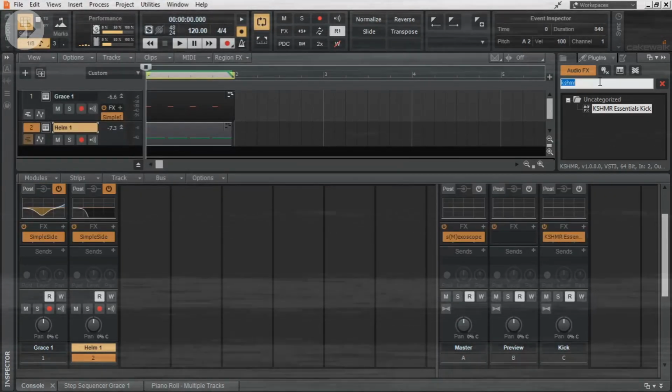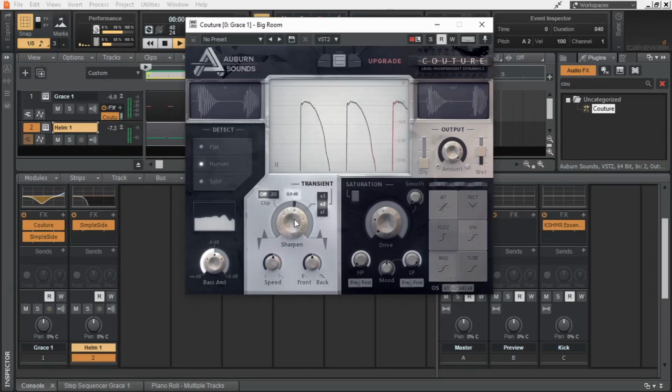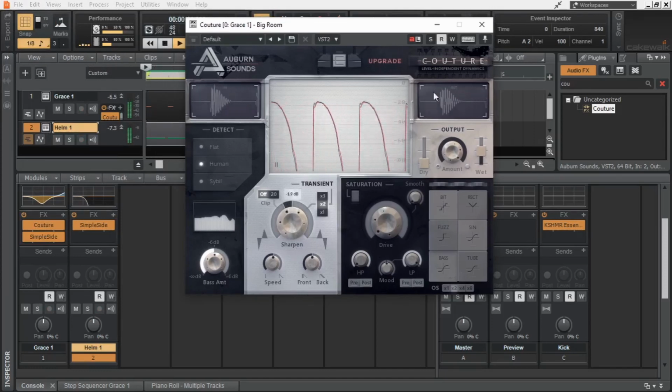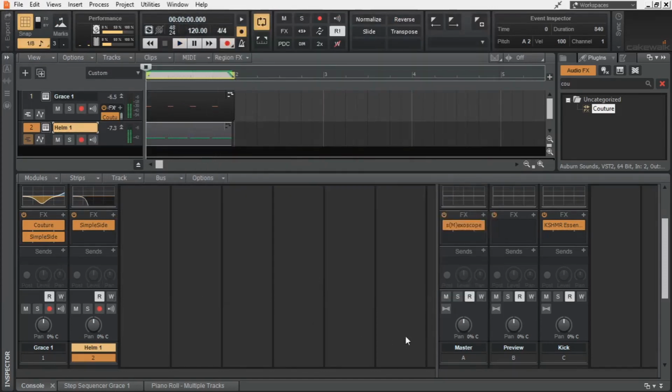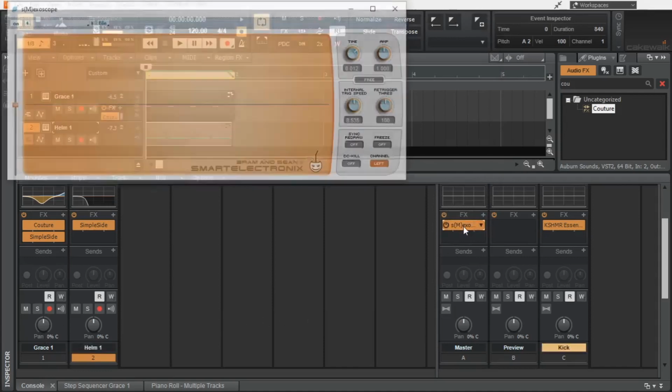Let's add a transient shaper for the kick. Now let's match the levels of the transient and the body.